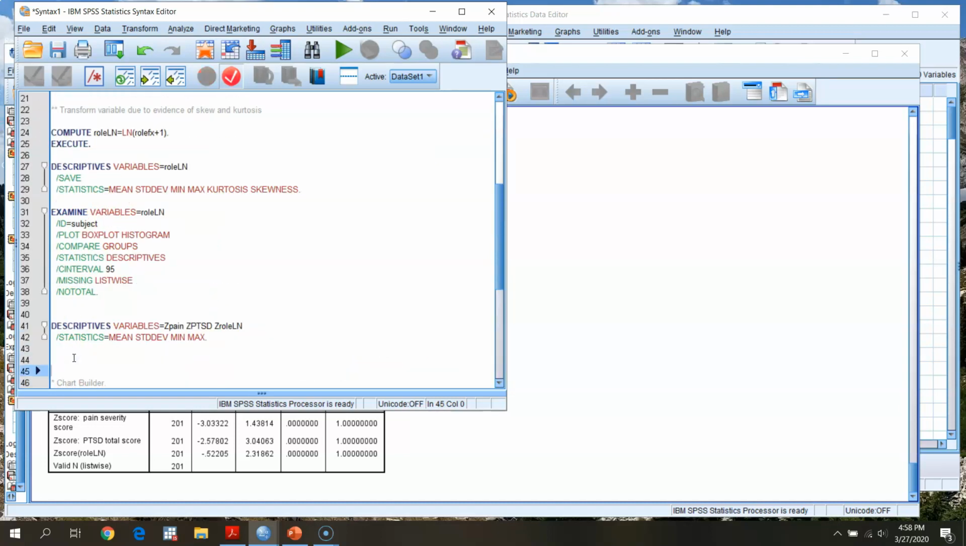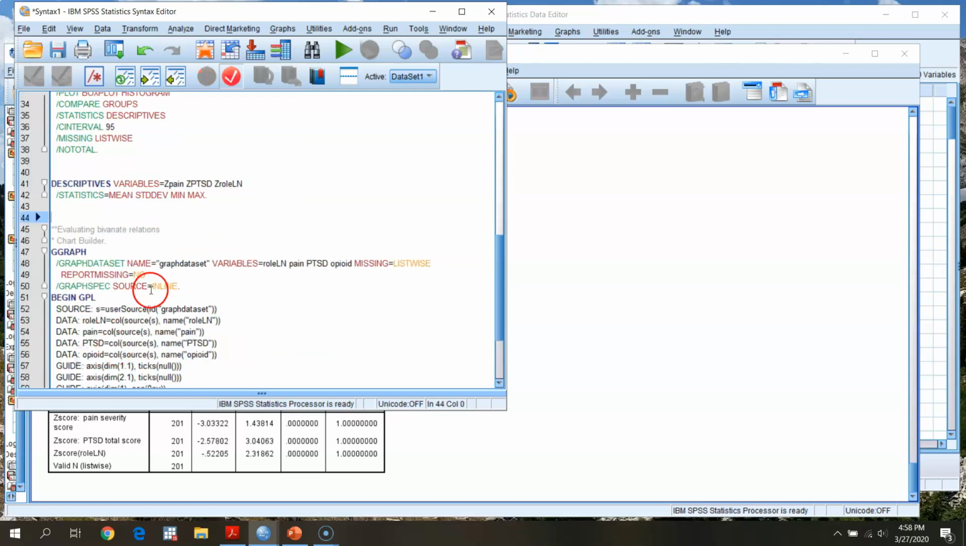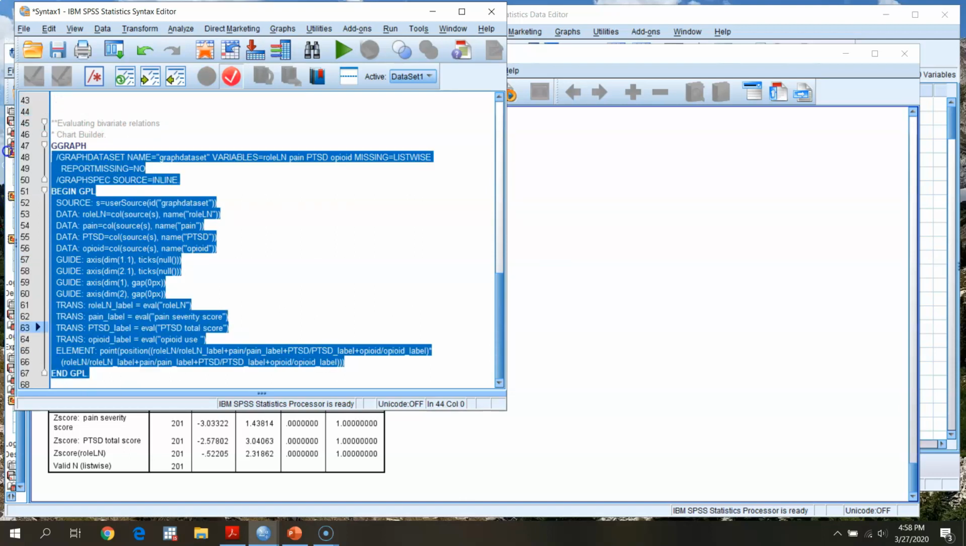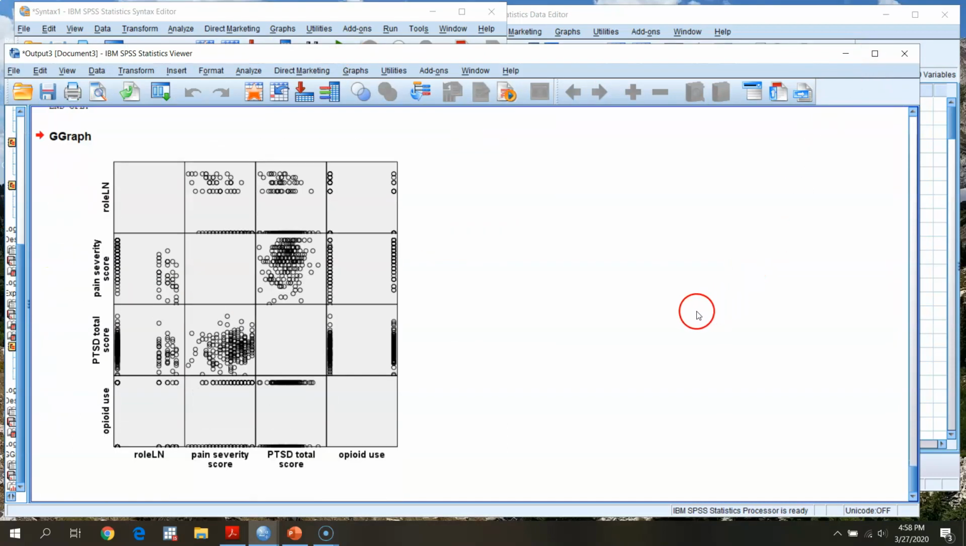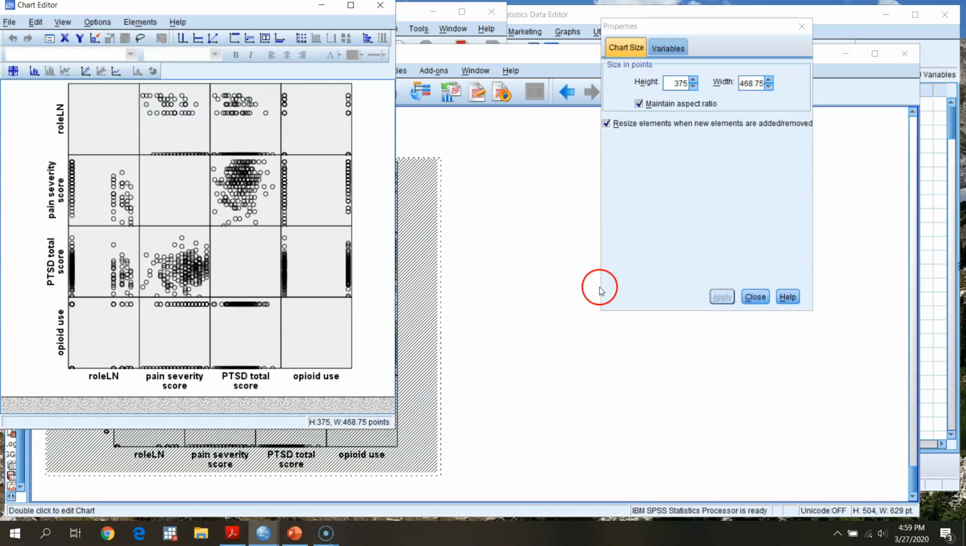I might say evaluating bivariate relations or something like that. Okay. And so what I'm going to do is go through and run this. Okay. Now, SPSS is going to give you a graph that in and of itself is not terribly informative, okay? But what I can do is double click on this,